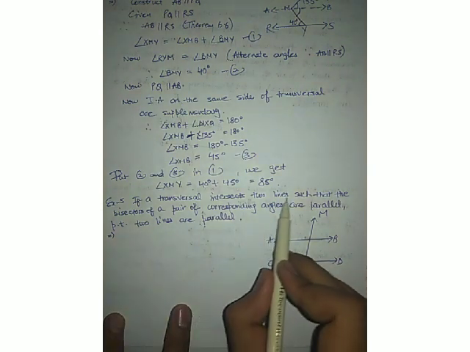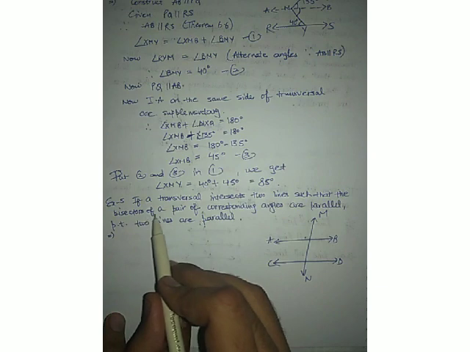Transversal intersects two lines such that the bisectors of a pair of corresponding angles. Now which are corresponding angles? Of course these two and these two. We will take the left side. It's not necessary to take the left side. I have only taken it for your convenience because I have drawn the transversal tilted in this direction. So for example, OP is this point. MOA and OPC are two corresponding angles.